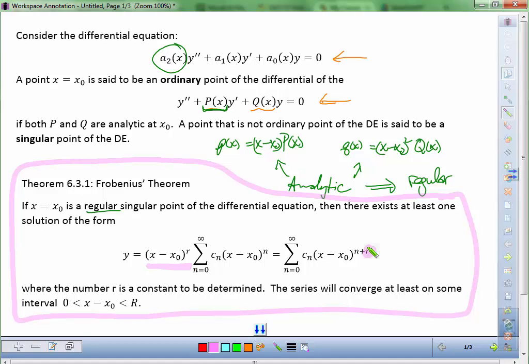There's something similar to the auxiliary equation for Frobenius' theorem, but they call it the indicial